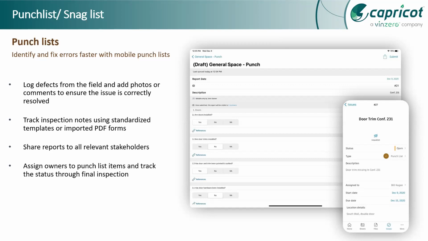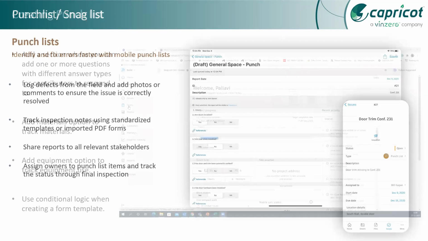Since we cannot always depend upon the contractor to identify the faults in the project at the end of the project and then mitigate them, we should update our punch list at the right time and the right place. For that, we have this forms feature, which we can use to document every issue that arises in the project.